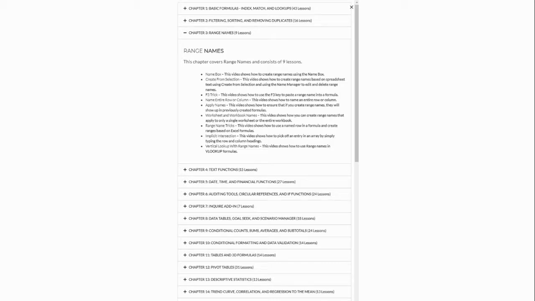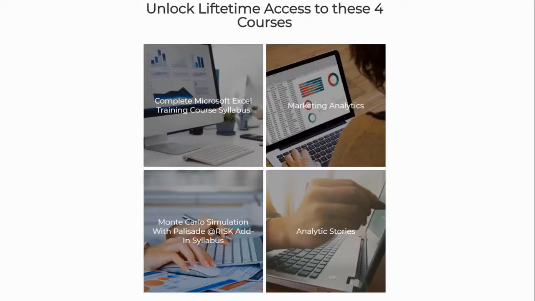Because I'll go back one here, but you're not just getting one course, you're getting four courses. The top left one here, the complete Microsoft Excel course, is from his book that he's been writing for Microsoft. And the marketing analytics course is from his marketing analytics book. And then his analytics stories course is from his analytics stories book. And then the Monte Carlo simulation with Palisade,